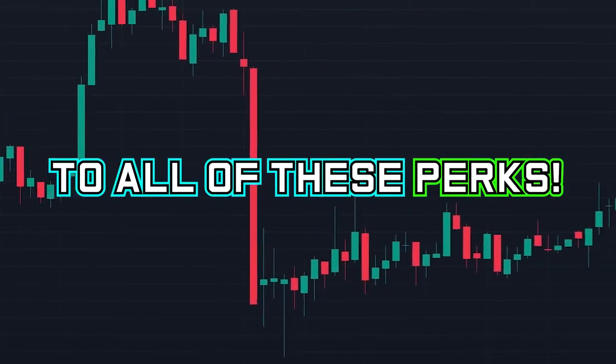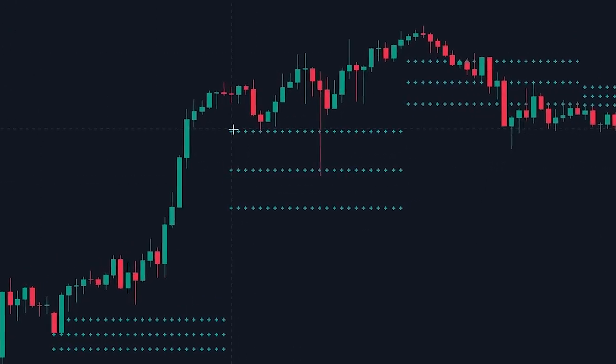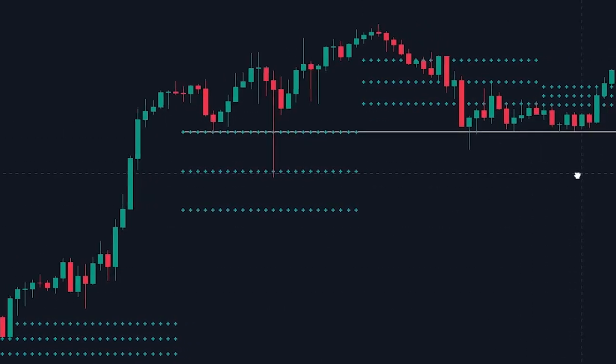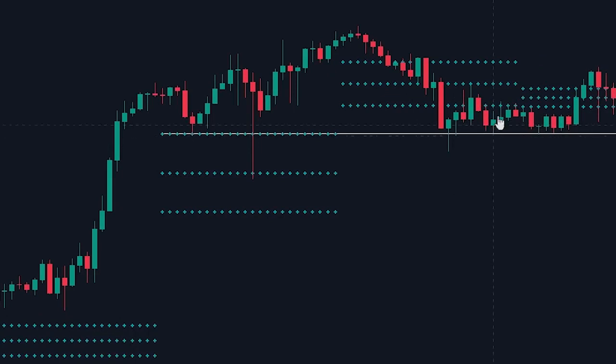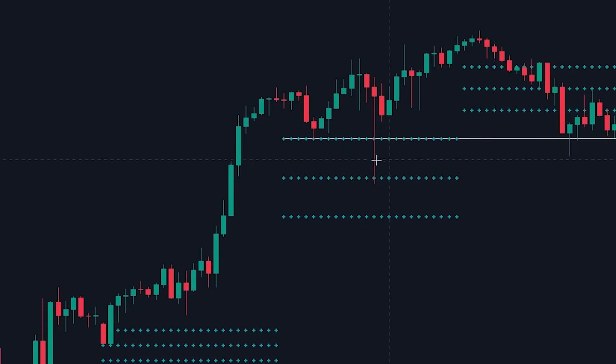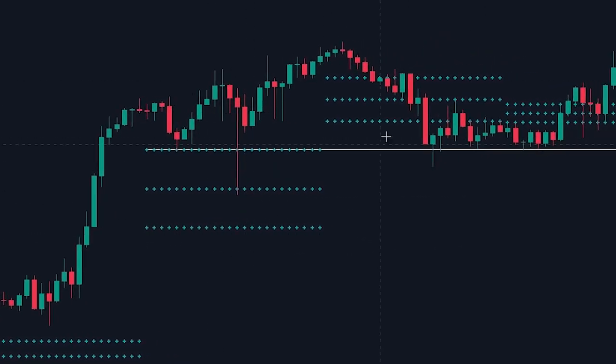As you can see here, the CPR is very wide. We know this because we can see that there are large gaps between the lines. A wide CPR is stronger and more difficult for the price action to break through. This means that wider CPR usually provides more support or resistance. If we take a look at the price action, we will indeed see that the price rejected off of the